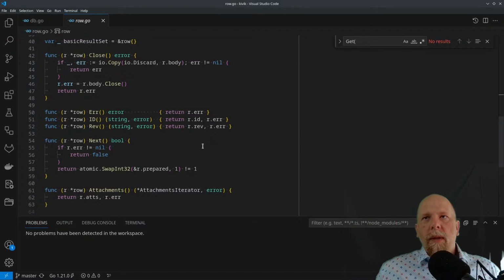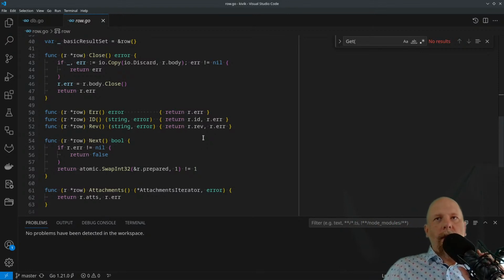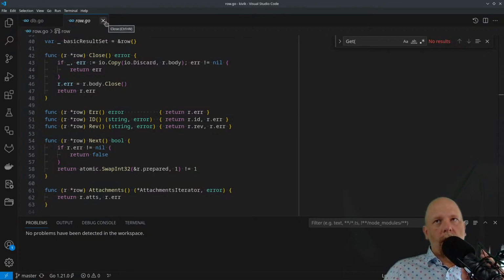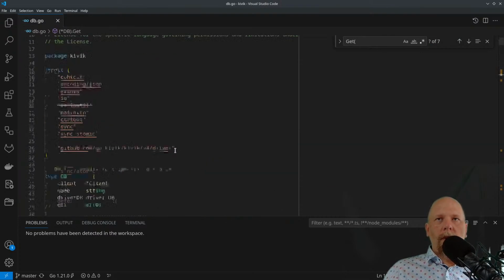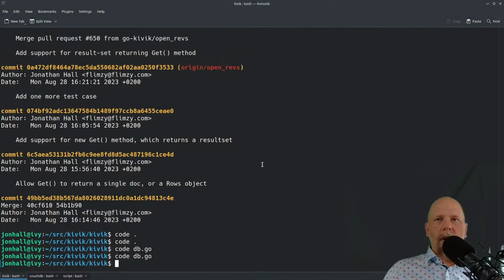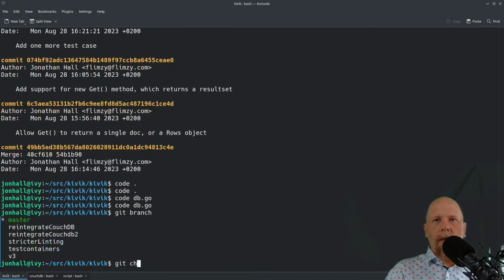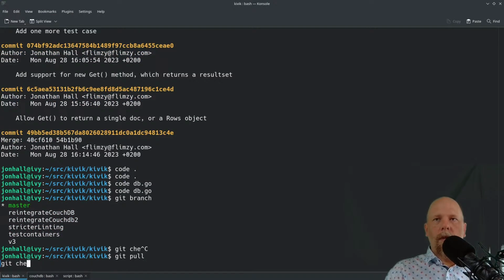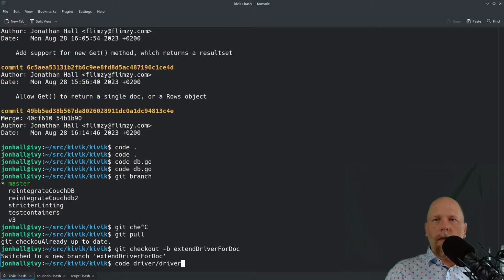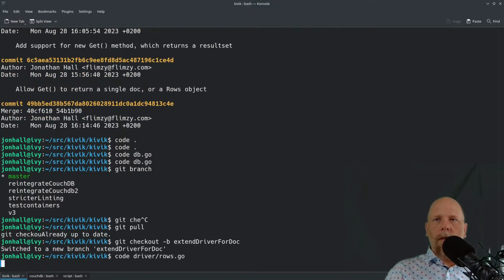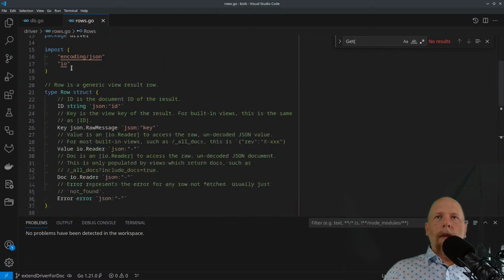Okay, so I see how that's being done there. So basically, it was a special case in the core library. I need to move that special case to the backend somehow, I guess. I think that means I do need to extend that driver type to support those two fields. It's not a big deal. It's a little bit annoying, but I think I need to do that. So I need to extend this particular type to include